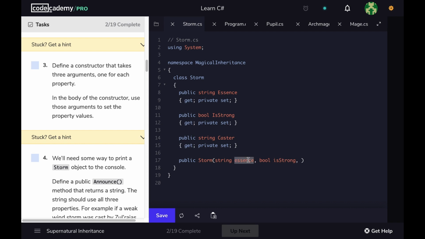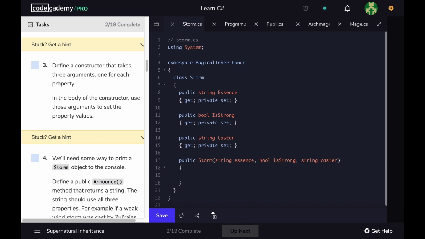This could, in a sense, be anything you like. This is just a parameter name. We're just using it the same as the actual property, just so it knows what to set the value to. It's a little bit more readable and it makes sense to anyone else reading your code. So we'll specify the caster, and in this code block, we're going to set those arguments to the